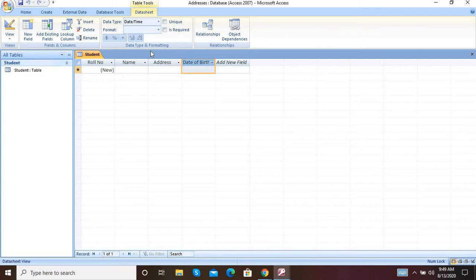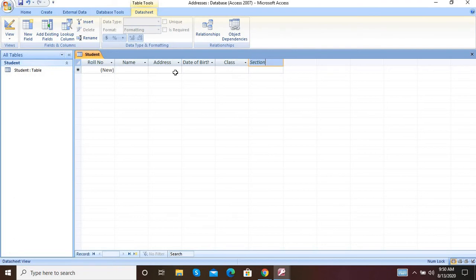Now date of birth. Date of birth has a data type of date or time. When you select the date or time data type, the calendar icon will come automatically when you fill in a date. I will show you how. After that click on next field and write the next thing, which is class. Again press the tab key and the field is section. Now our table is created, meaning the heading of your table is created.